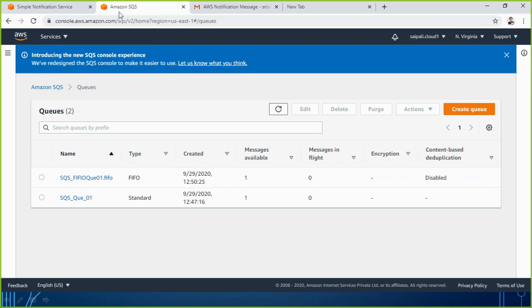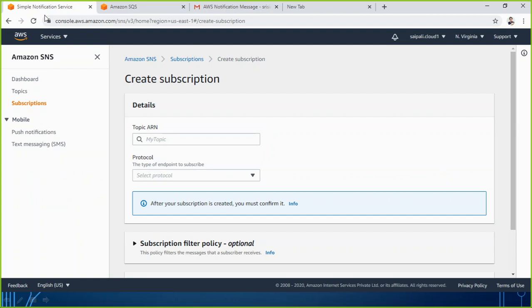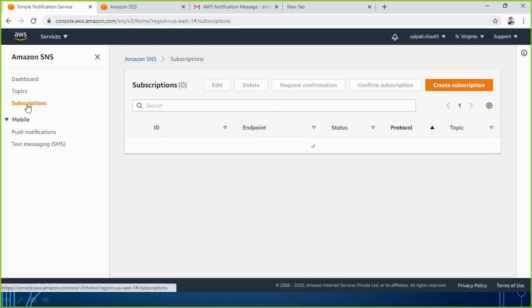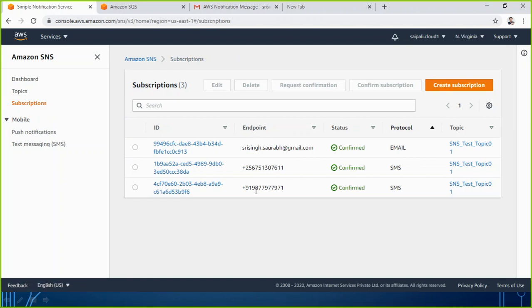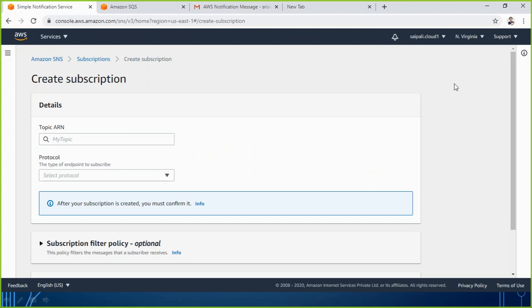If we send any message through SNS, it should also go to SQS. It should be received there also. So for that, let's go to SNS. In SNS, let's go to subscriptions. We have already added 3 subscribers. Let's add one more, create subscription.